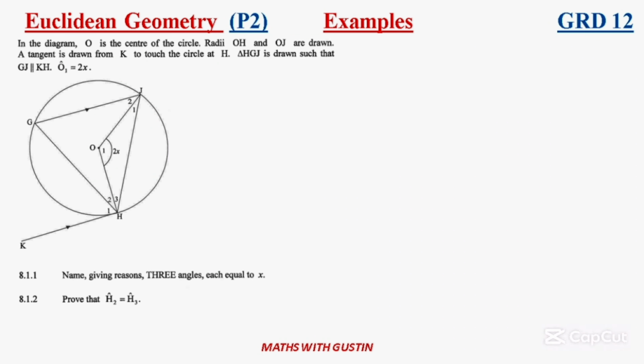Okay guys, here's another example here on Euclidean geometry. Now let's have a look at this question. It's probably from a past paper. Okay, so it says here in the diagram O. You will remember guys from the lesson I said that immediately